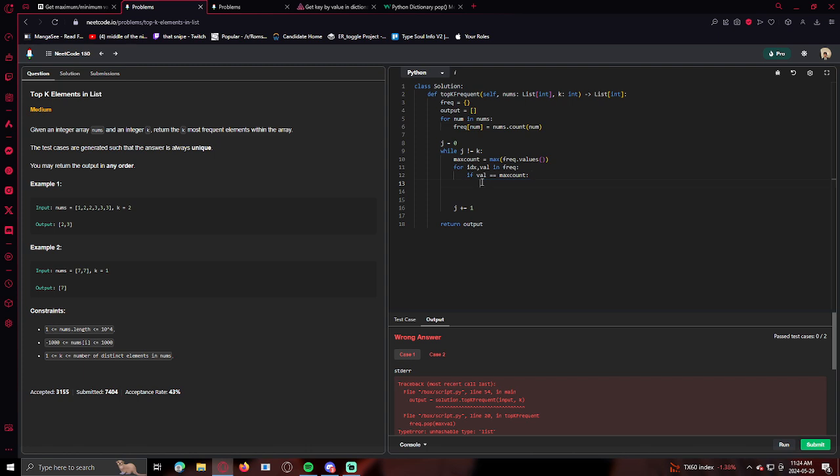Say number equals IDX, and then we'll say output.append(IDX), and then over here we'll go freq.pop(IDX) and j plus equals 1. We'll try this, see if it works. If it doesn't work,